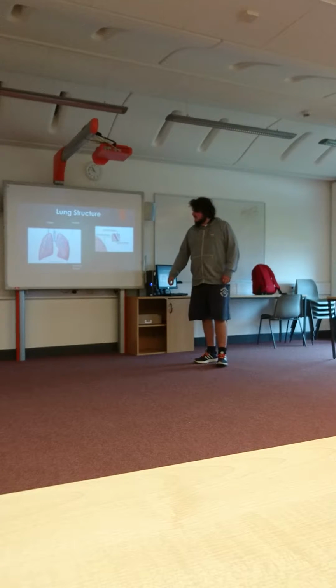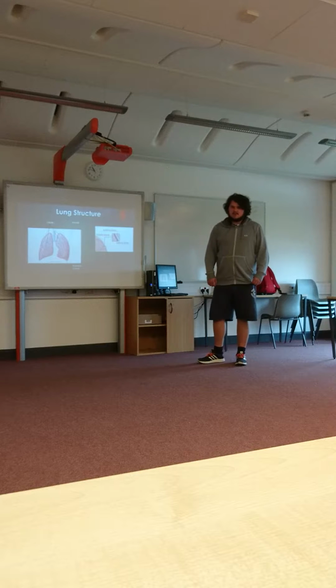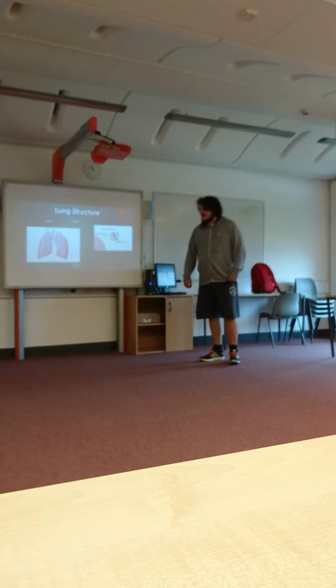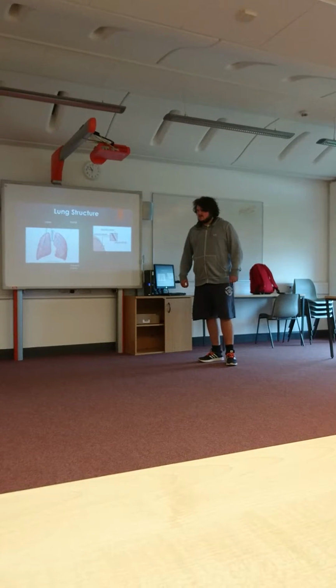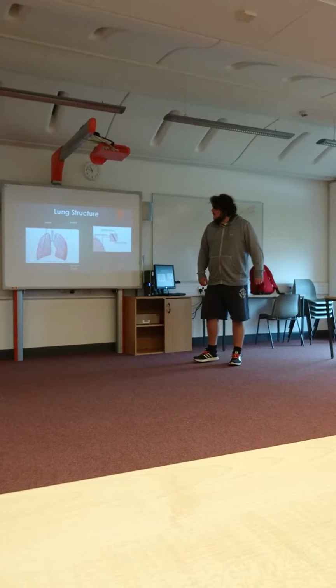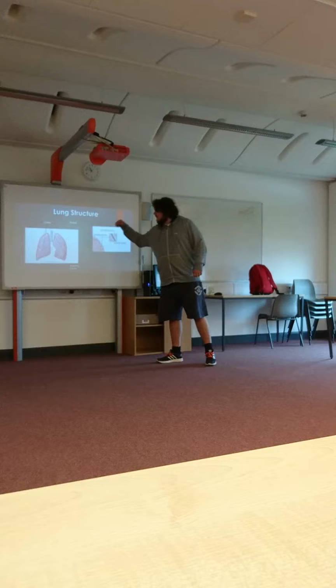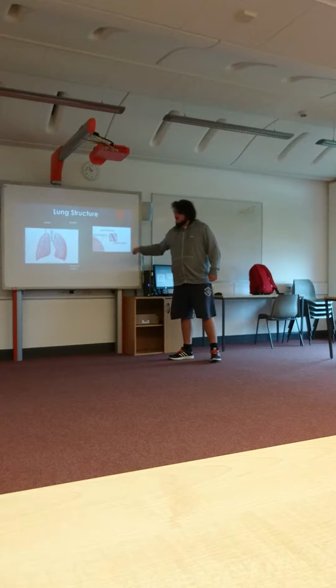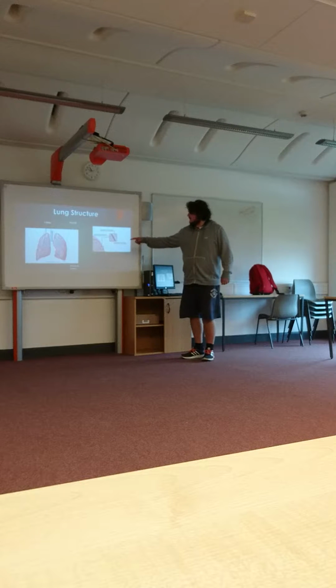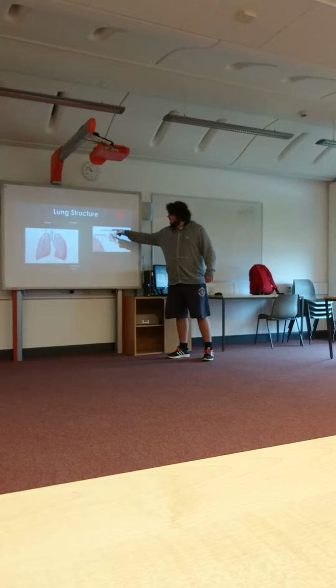And what these lobes help to do is, if any damage happens to a lobe, your lung can shut it down. It won't use that lobe, but it will continue to use the rest of them. Obviously, I've talked about the alveoli before. We'll move on to the pleural membrane, and this splits into 3 different parts: the visceral pleura, the parietal pleura,